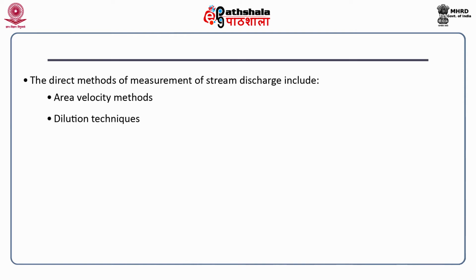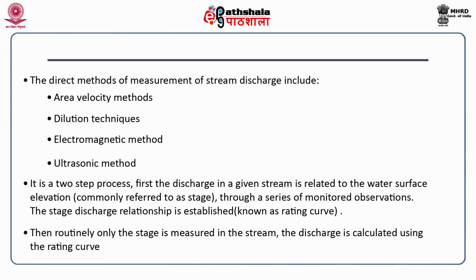Regarding the dilution technique, what we do is we put a tracer, and that tracer travels through a certain period of time. So, we record the time and measure the velocity. We also have an electromagnetic method and the ultrasonic methods. Now, these are very sophisticated methods, but we have started using these methods as well. But essentially, we follow the dilution technique or the current meter method. So, we are going to discuss those.